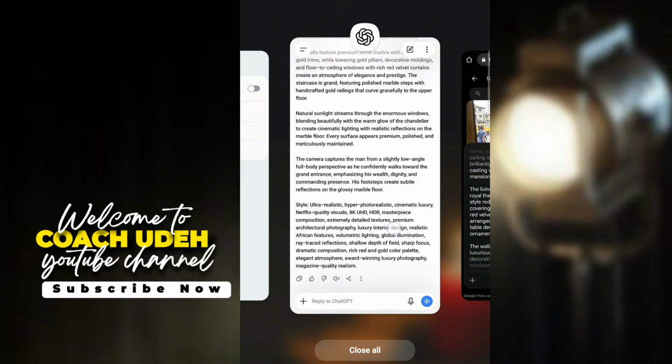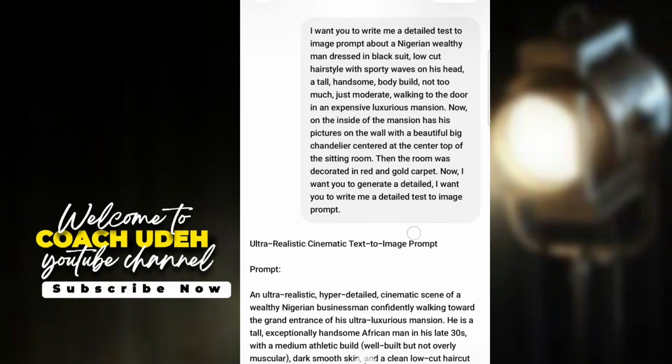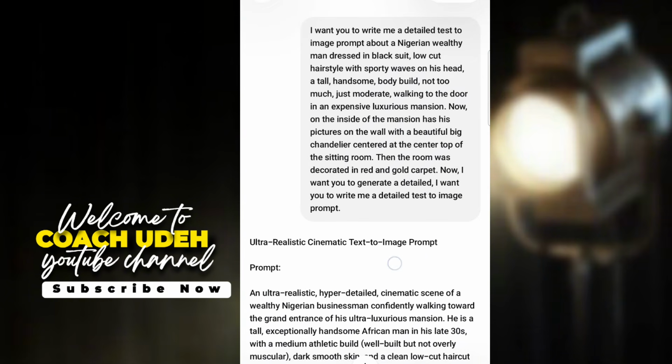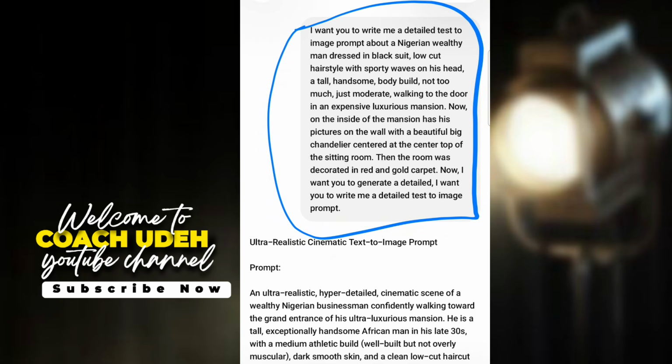Now look at how I was able to get that prompt. Look at the instruction, or let's say the prompt, I gave ChatGPT to give me a very good prompt. Look at what I said: I want you to write me a detailed text to image prompt about a Nigerian wealthy man dressed in a black suit, low cut hairstyle with sporty waves on his head, a tall, handsome body build, not too much, just moderate, walking to the door in an expensive, luxurious mansion.